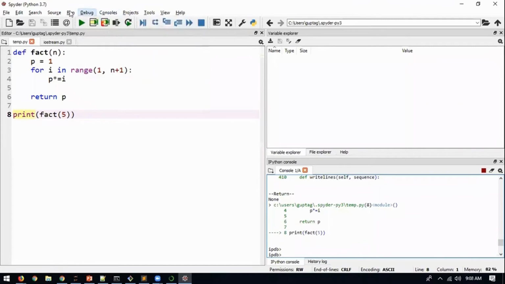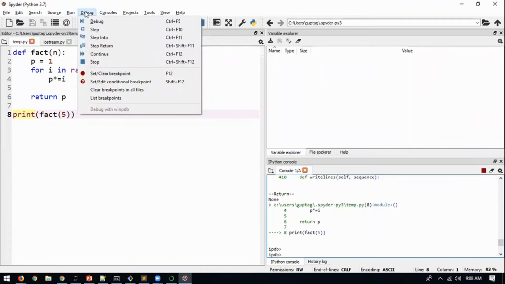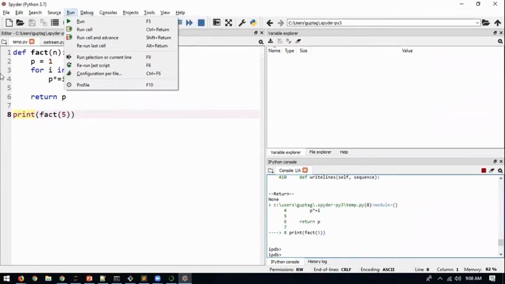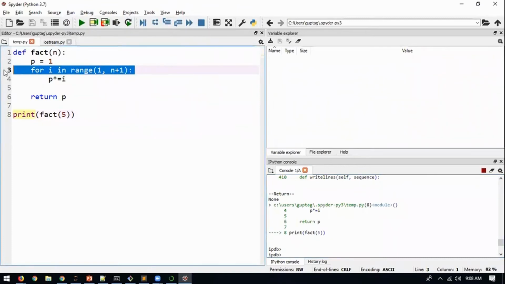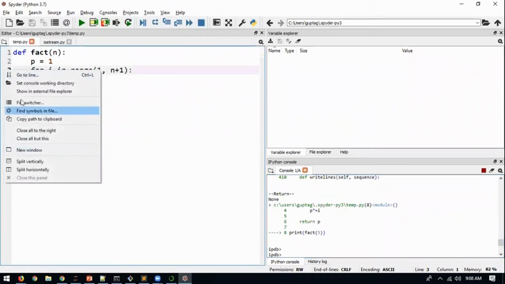So this can help you trace the code using the debugger. A debugger allows you to go over your piece of code line by line instead of in one shot. But I would suggest you practice manually first and then use this if you want. There is something called a breakpoint also. You can insert a breakpoint at some line. Is there an option there? Insert breakpoint. Not showing.